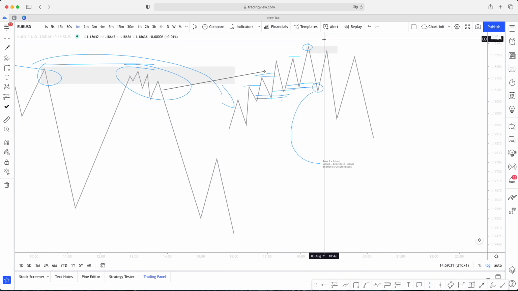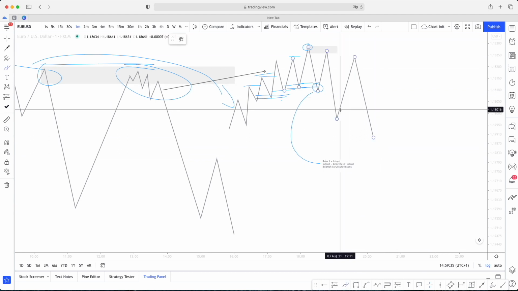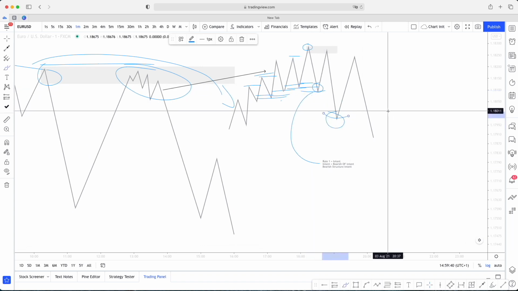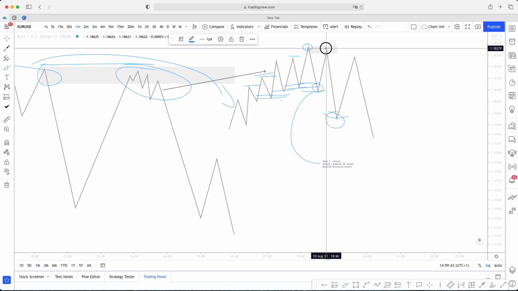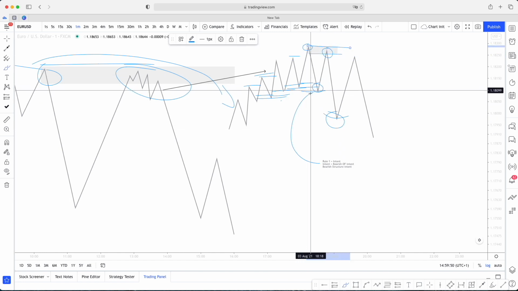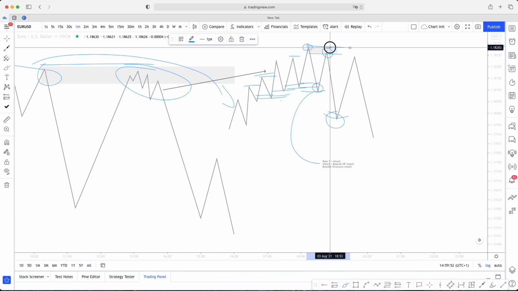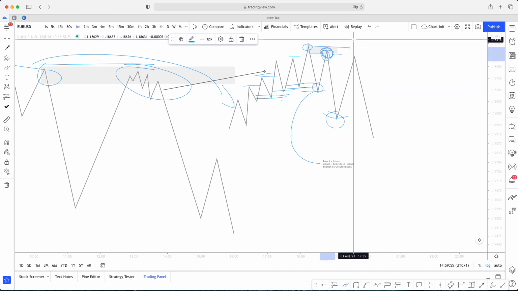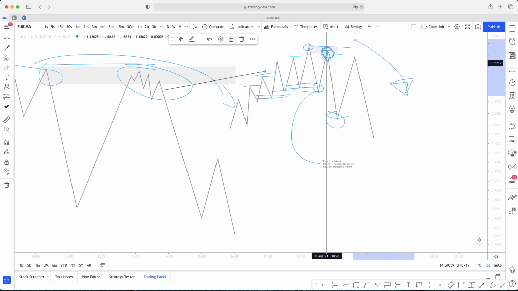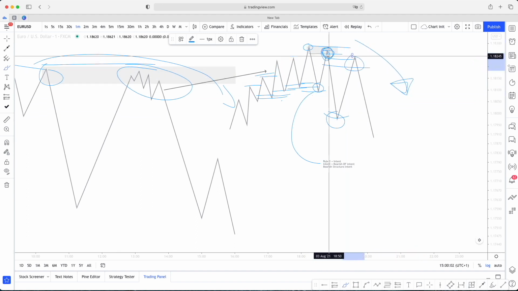However, this is not confirmed until we get a second break, so that is rule 2. Rule 2 is when you get a second break. So rule 1, intent, rule 2 is a second break. Not only that, in this example, what we have is mitigation. So this bearish order flow intent is confirmed by the process of mitigation, which now means we are playing into bearish order flow. So the next entry from the mitigation is the safest entry possible.